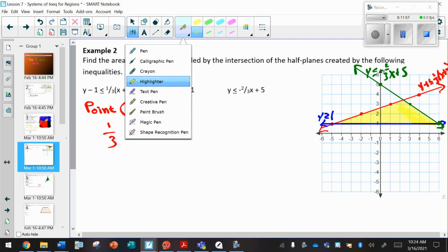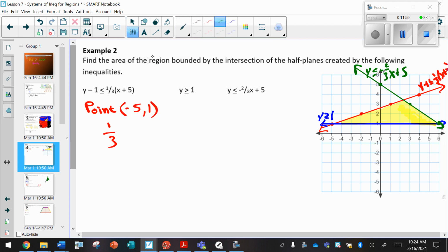Based on what we graphed in the equations that were given, if we tried to use the method where I form a rectangle or a box around my shape, the issue is going to be that my vertex at the top is not at a whole number intersection point. So I cannot easily and accurately count the height of the triangle or the lengths of the rectangles or triangles around the outside. So just for this problem, we're going to skip the area formula, but conceptually, we could find